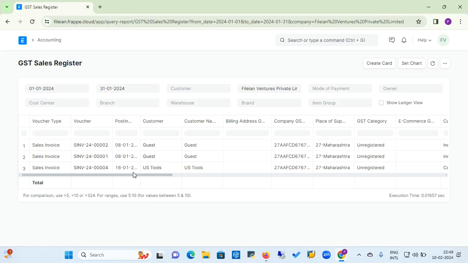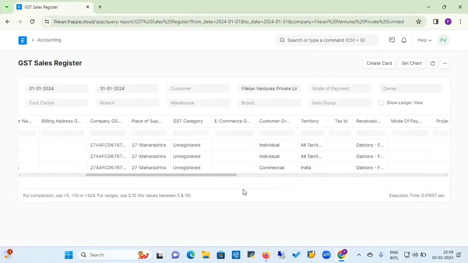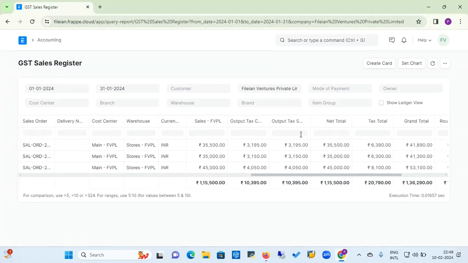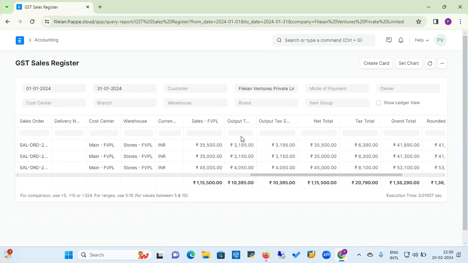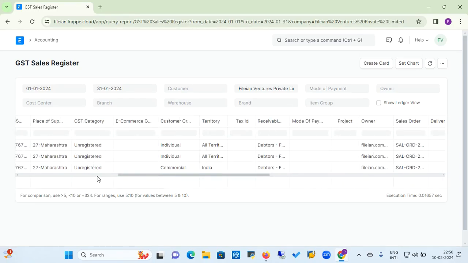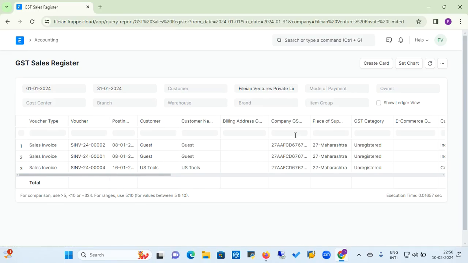Here you can see the reports for the GST Sales Register. This is our company GSTN number, the place of supply, and the customer category is unregistered. Whatever sales transactions we have done, all sales transactions have gone to unregistered customers. None of our customers are registered with the GST Council, but still we are registered, and that's why we need to deduct a GST tax code. So here, you see on the basic price we have calculated as per government norms, the output CGST and SGST tax code, and we have paid all this total tax to the government of India. So this way you can deduct the tax and pay that GST against this GST